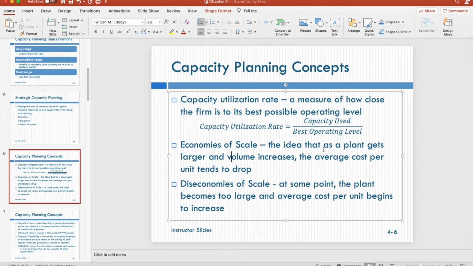And when your volumes, or let's say the products produced from your factory or your firm, are increasing, then the average cost per unit tends to drop, okay? So think about this intuitively. In real business, let's say at the first time, if you are just a small firm,